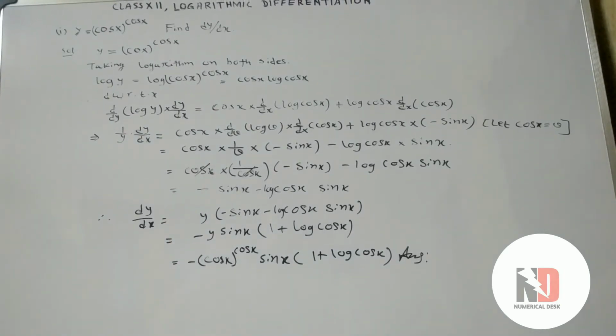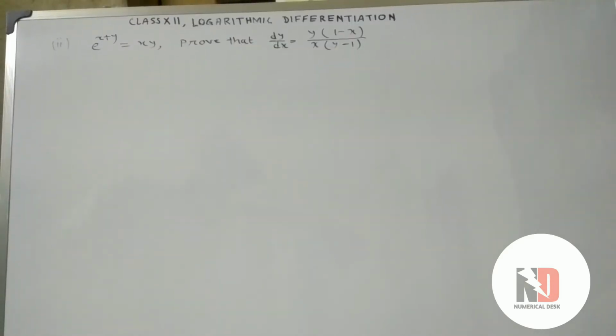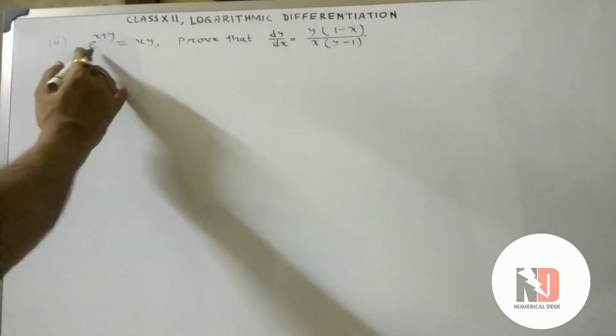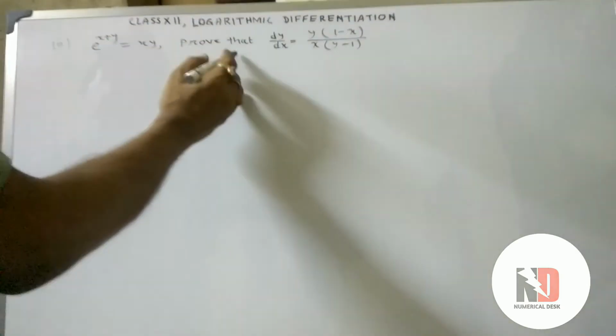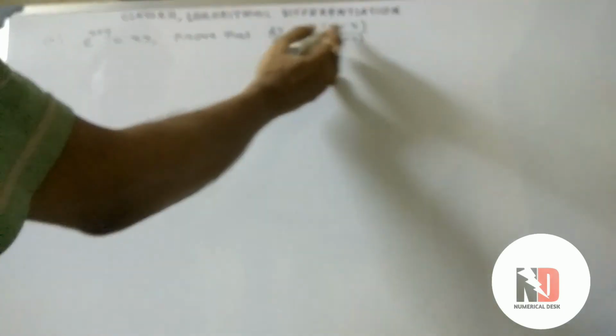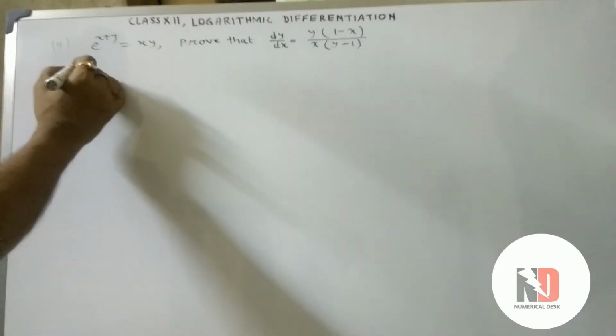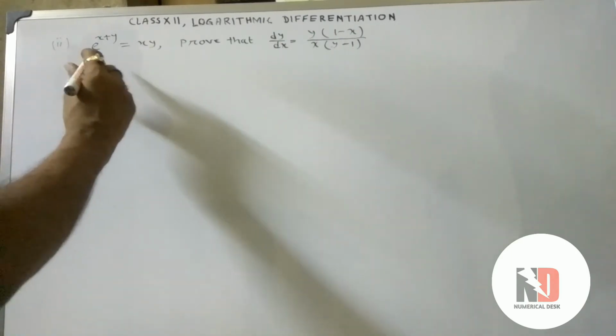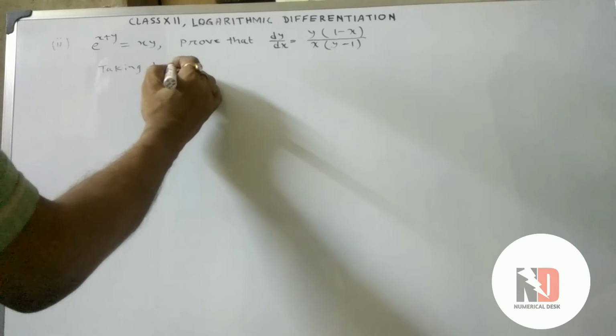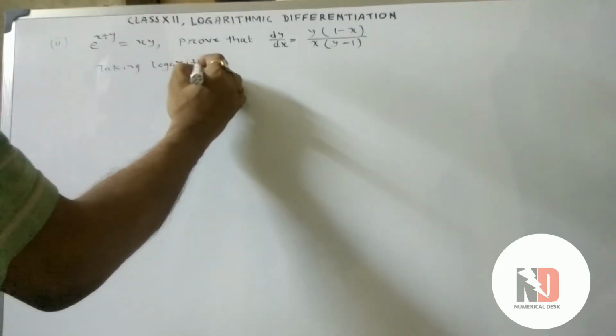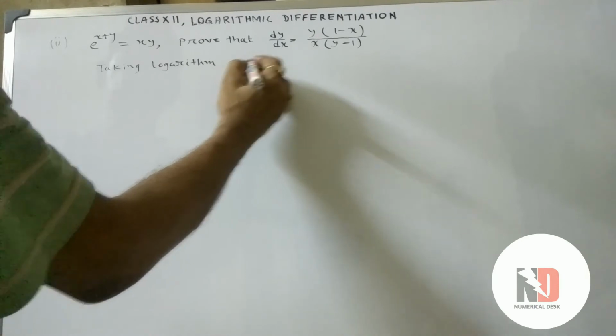Now let's come to the second sum, almost a logarithm form. So e to the power x plus y equals xy. If you practice this type of sum, you can apply this to the other sums too. This is all similar types of sum, but carefully follow sums 2, 3, 4, so that it is very easy to work out a number of sums if you follow the steps of what is going on in the sum. Now, taking logarithm on both sides,